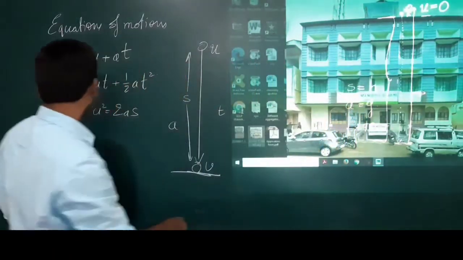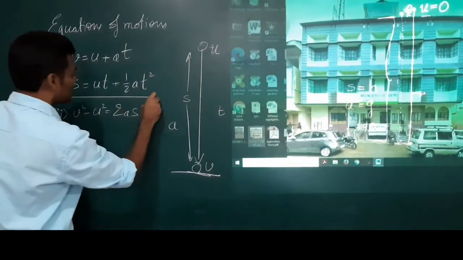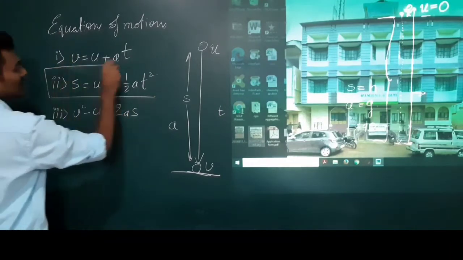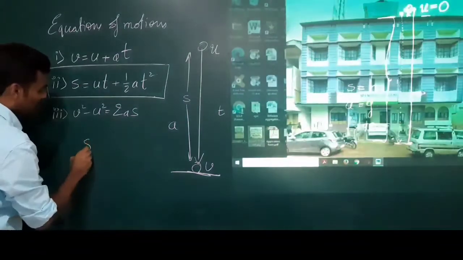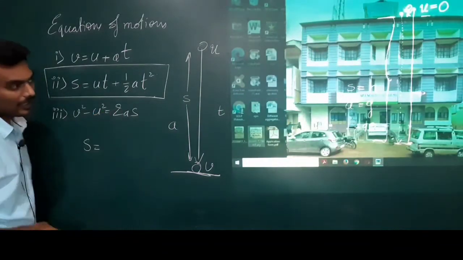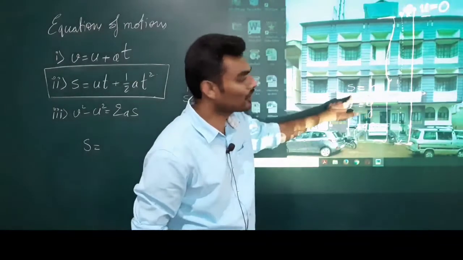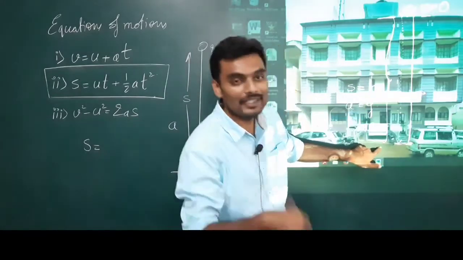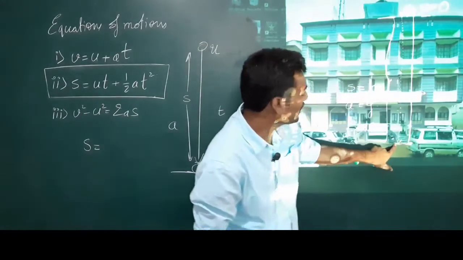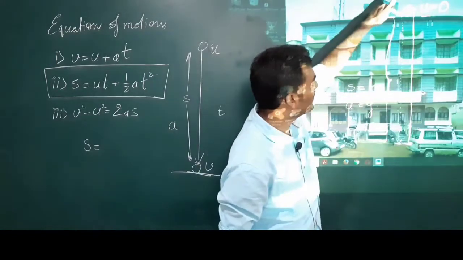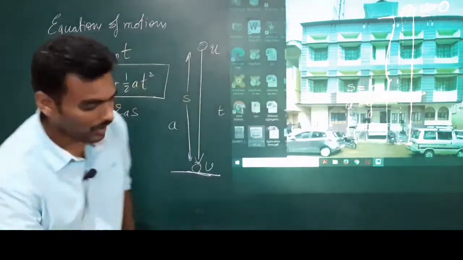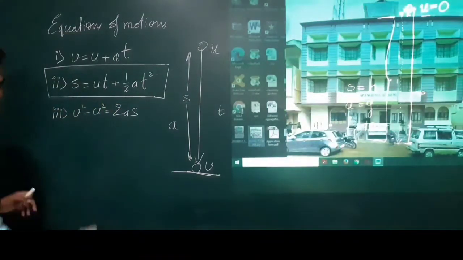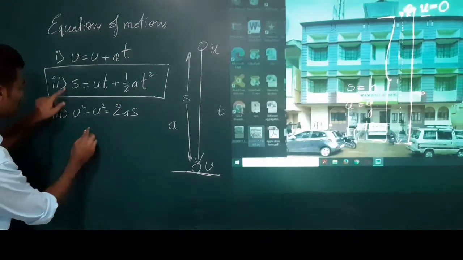So do we have the formula for S? Yes, we have the formula for S. The formula says S is equal to ut plus half at squared. I have named S as h; both are one and the same. The height of the building is the same as the distance travelled by the body, right? This much is the height and that much is the same height of the building. Following? So I can put h instead of S in this equation.